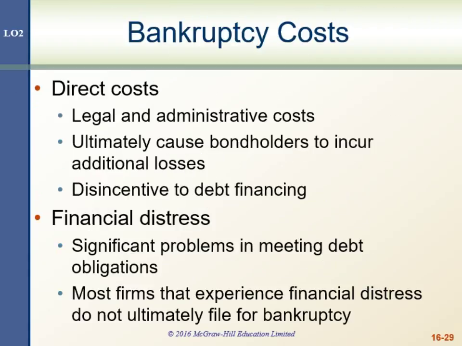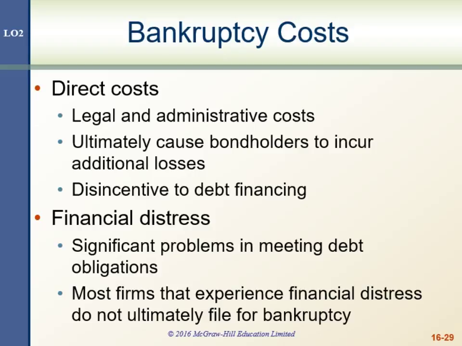So bankruptcy costs. What kinds of costs are bankruptcy costs? Well, you have to pay the accountants and lawyers, so there are legal and administrative costs which you would have to actually write checks for. So direct costs are things you actually have to write checks for. The bondholders could lose money. The bondholders have to liquidate the assets, and liquidation values are often less than values in use, and so that liquidation value often results in additional losses. And it also provides a disincentive to debt financing. It makes debt financing more expensive as part of the direct costs of the potential for bankruptcy.